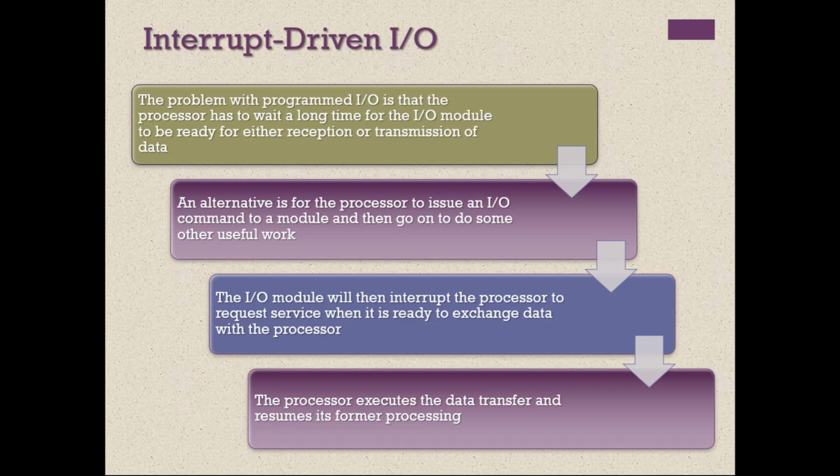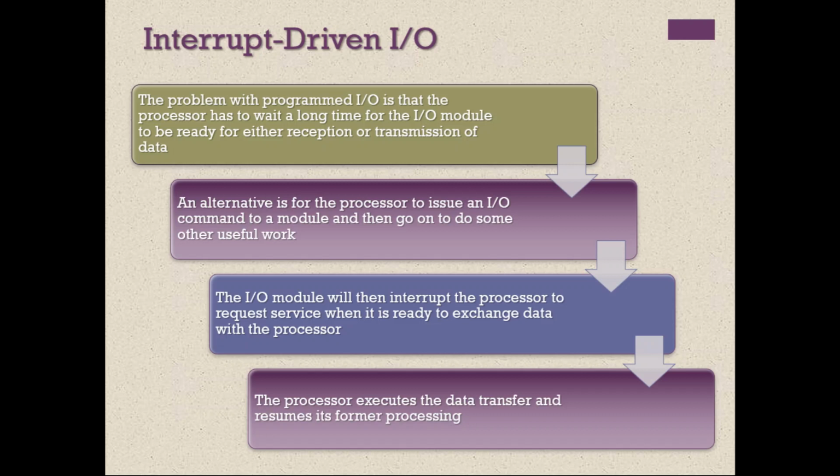Yeah, welcome. So the topic we'll be discussing in this lecture is interrupt driven IO. As we have discussed in the last lecture, there are three types of IO. The IO can happen in three ways. The first method is program driven IO or programmed IO. The second is interrupt driven IO, and the third is DMA, direct memory access. So the topic of today's session will be interrupt driven IO.